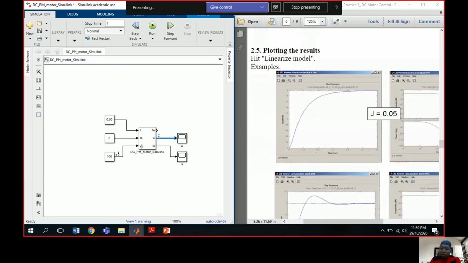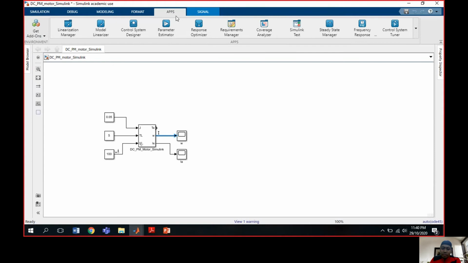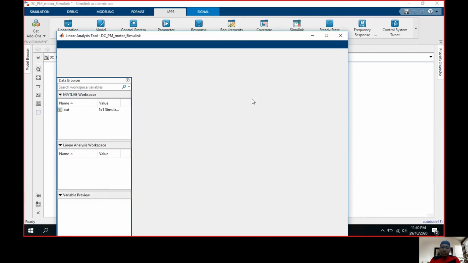Now they want the result plotting the linearization. So now I will go to Apps and the Model Linearizer. Just wait for it. Now the Linear Analysis tool will show up.